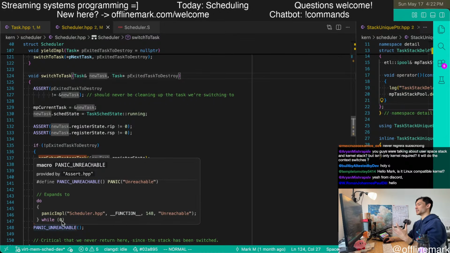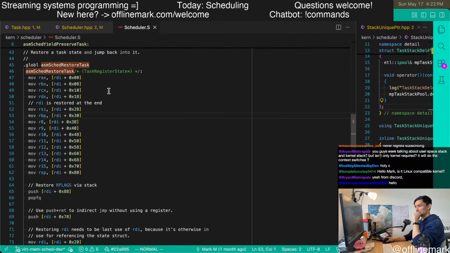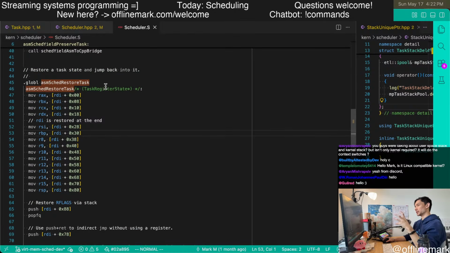We're passing in a pointer to the register state that we want to switch into. Because we're passed a pointer, it's a little bit fiddly. We're using all these offsets from RDI, which receives that pointer.